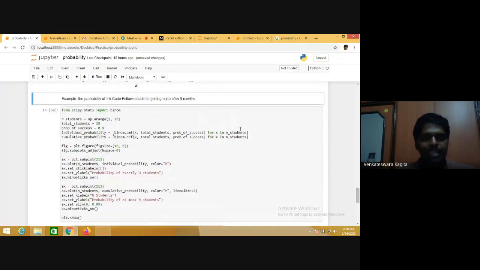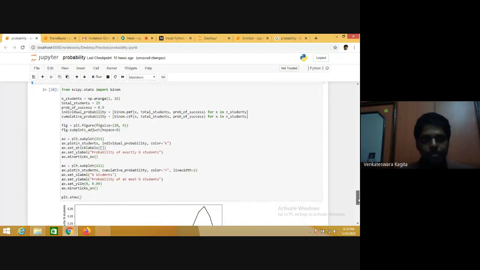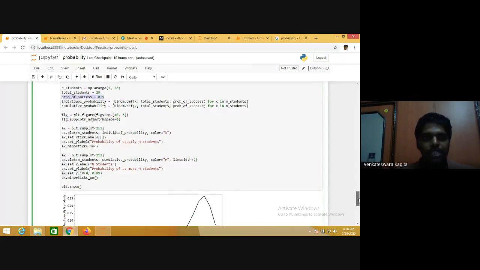So this is an example of the probability of greater than or equal to k fellow students getting a job after 6 months. That is what you want to analyze. Here the total number of students is 25, probability of success is 0.9, and we would like to analyze the number of students who get a job after 6 months.